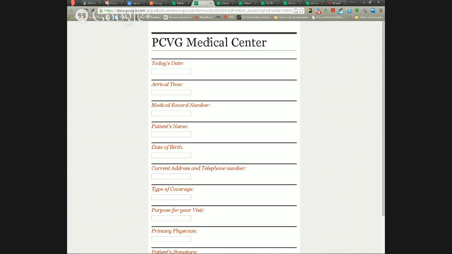This might be changed to appointment time. So then they can go back and look to see, are people arriving early? Are people arriving late? Are people arriving on time? What should we do? Okay, now if we go to the date button,